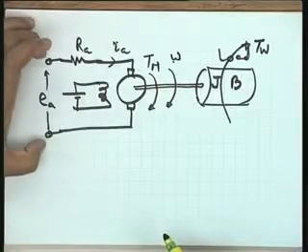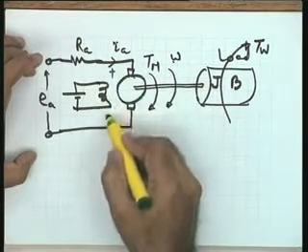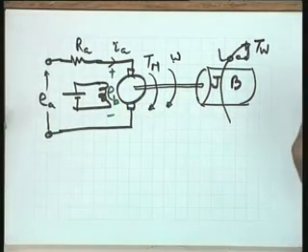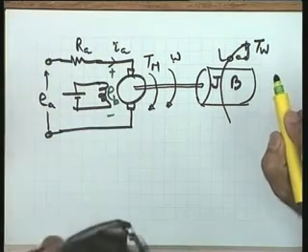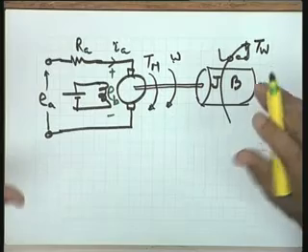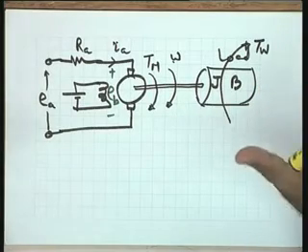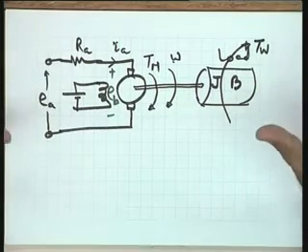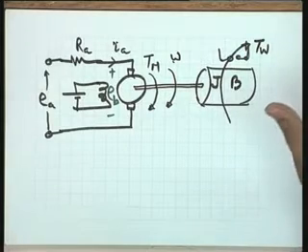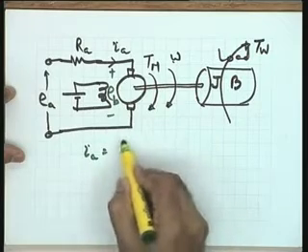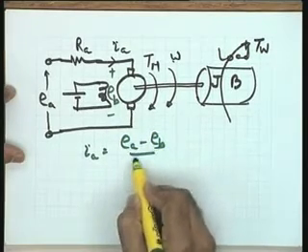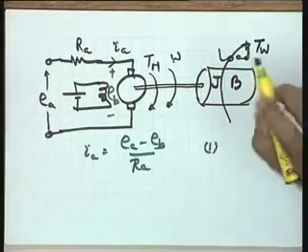Well, I will simply revise the basic relationships for you. Let me look at the armature circuit. EA is the applied armature voltage and EB is going to be the back EMF. You will see that I have neglected the armature inductance. In a simplified model, this is usually okay. As far as the characteristics of this armature controlled motor is concerned, the inductance can be neglected. So, in that particular case, the basic equation becomes IA equal to EA minus EB divided by RA. This is equation 1 I get for the motor model.